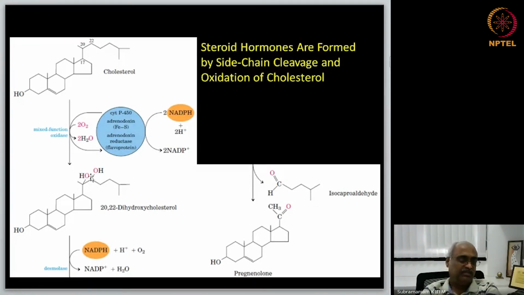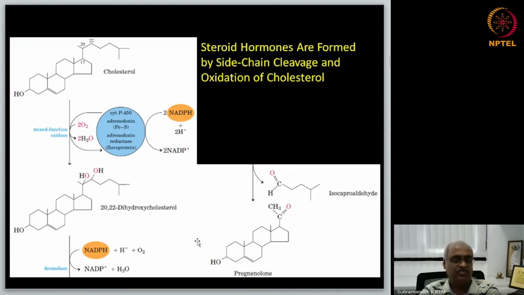Okay, and you get these two hydroxyl groups, and then desmolase, the next enzyme, ends up cleaving this bond, generating a carbonyl group. So this is the primary reaction involved in the formation of all the steroid hormones, the side chain cleavage. Then you have additional steps where the other carbon atoms may be oxygenated, making hydroxyl groups. Which hydroxyl group depends on which hormone you are making, and that detail we need not worry about for